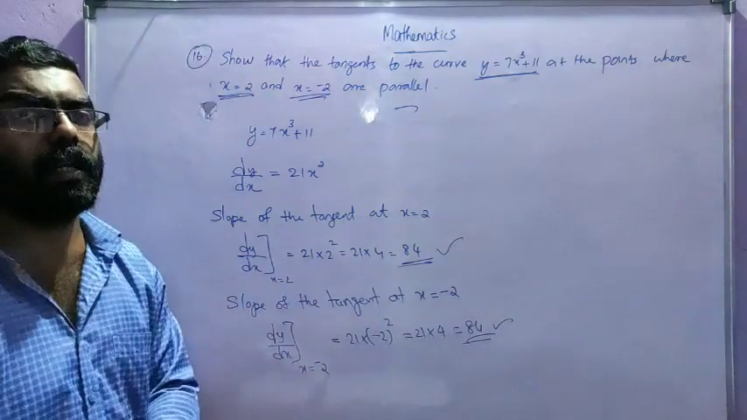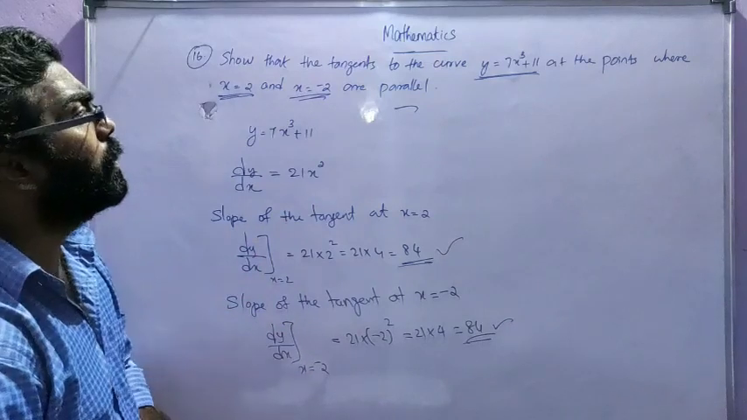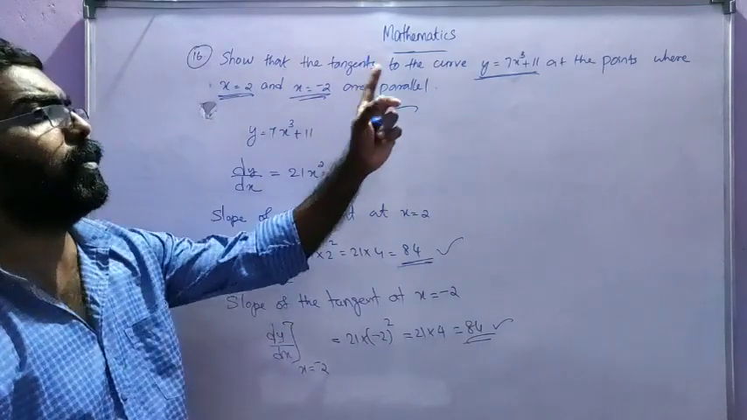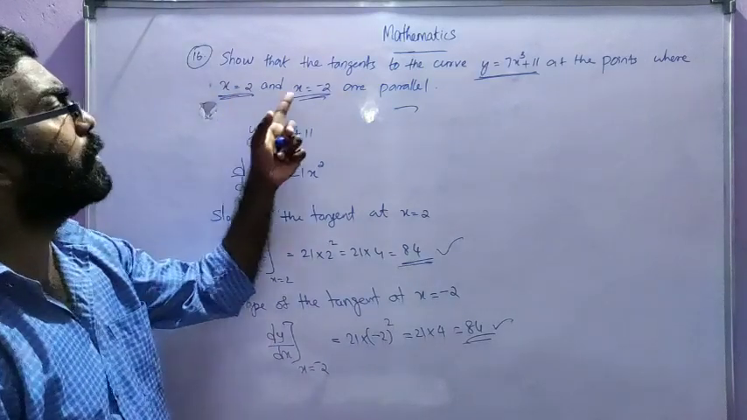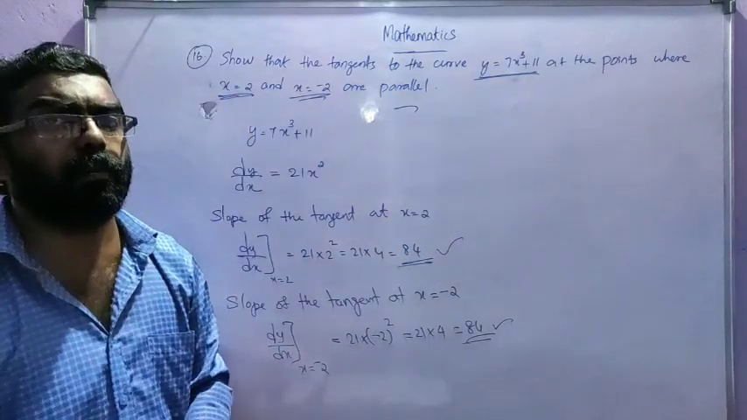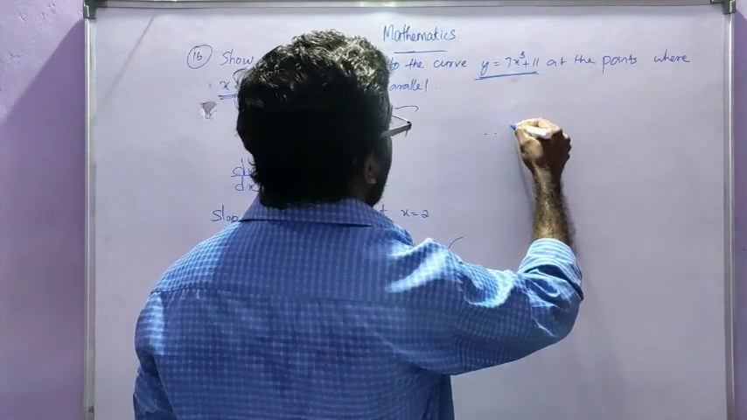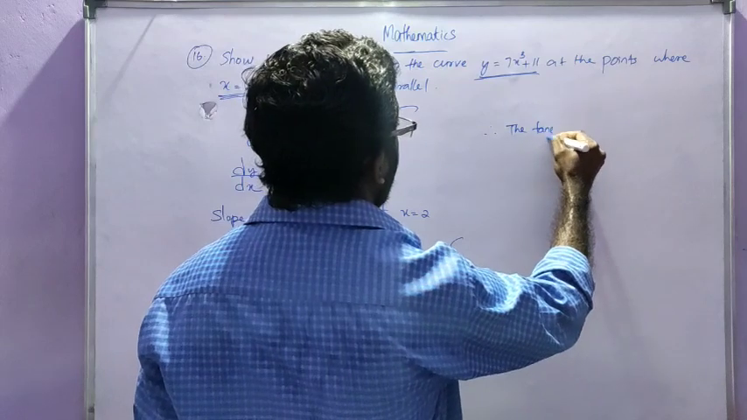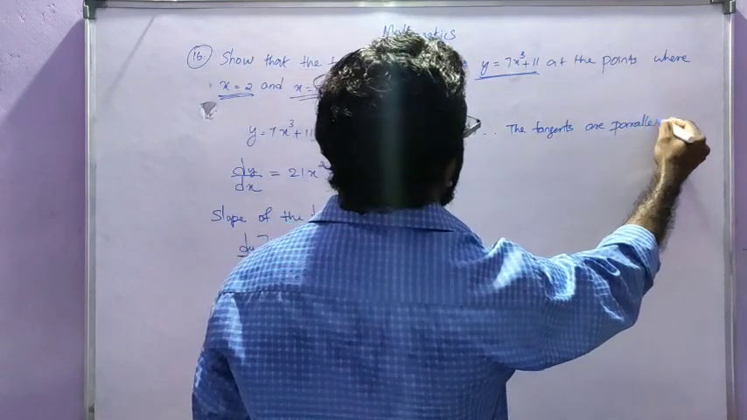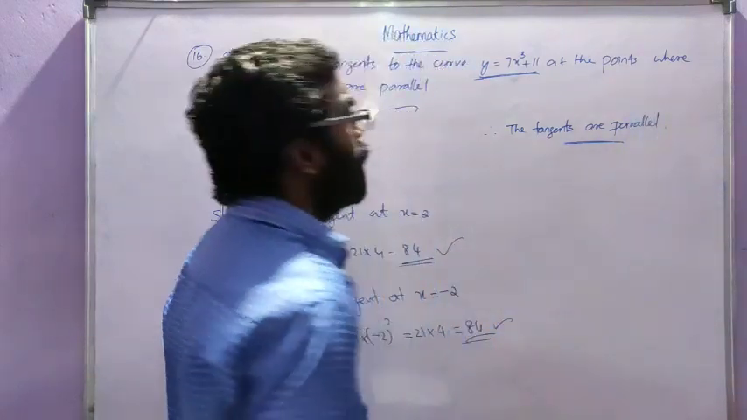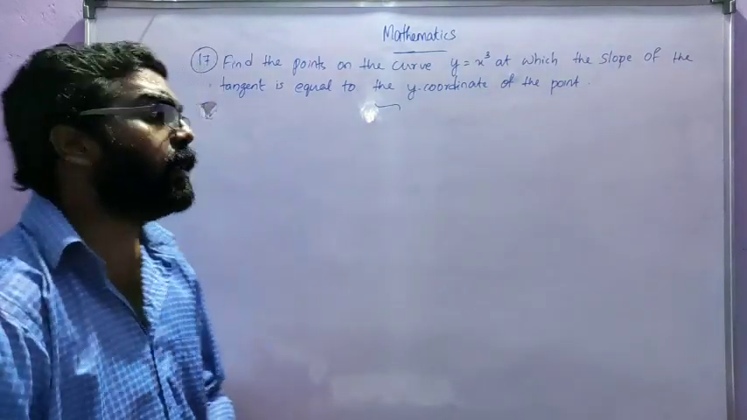Okay, that means the slopes are equal, m1 is equal to m2, so we can conclude the tangents to the curve y is equal to 7x cube plus 11 at the points x equal to 2 and x equal to minus 2 are parallel. Okay, therefore the tangents are parallel. Clear? So here the next question is,